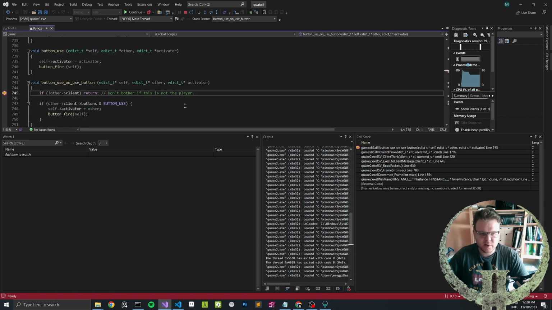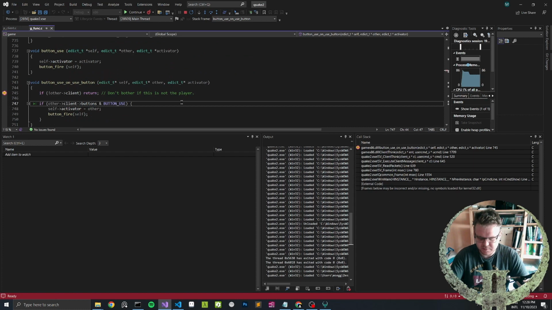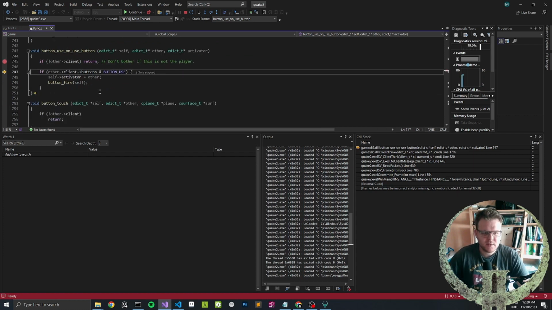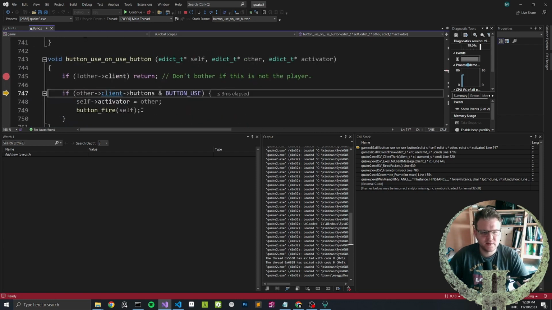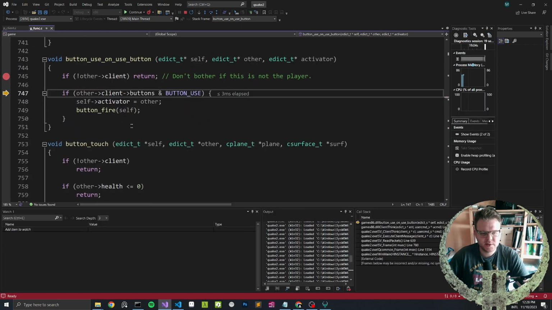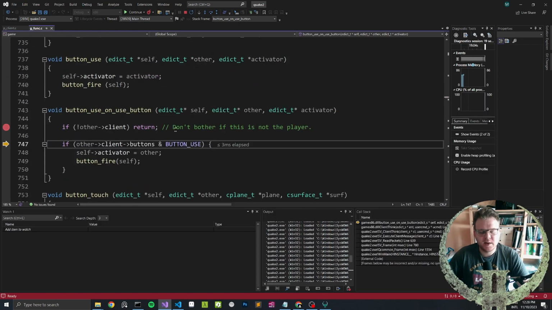And then of course you can press F10 to go to the next line. Maybe make it a little bit larger for you guys. Okay. And then it says other client buttons, whatever that is, I'm going to explain in the following video, and button use. So if a flag like a bit is set,